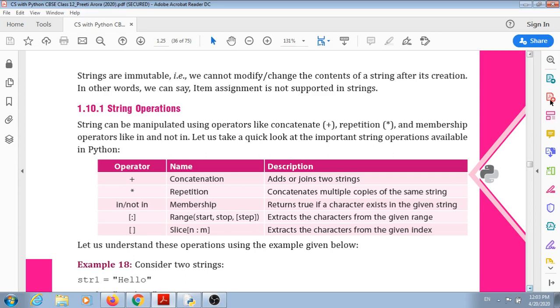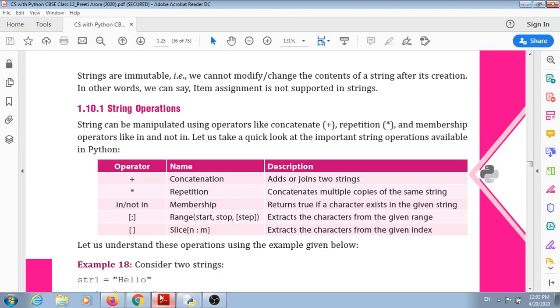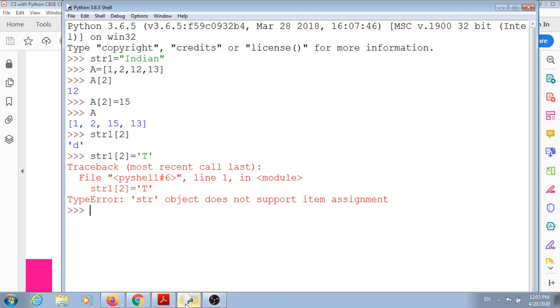So we can see the example on our IDLE. Suppose str1 is equal to Indian. Now I am taking another string, str2 equals to citizen. Okay, so I want to concatenate these two strings, str1 plus str2.